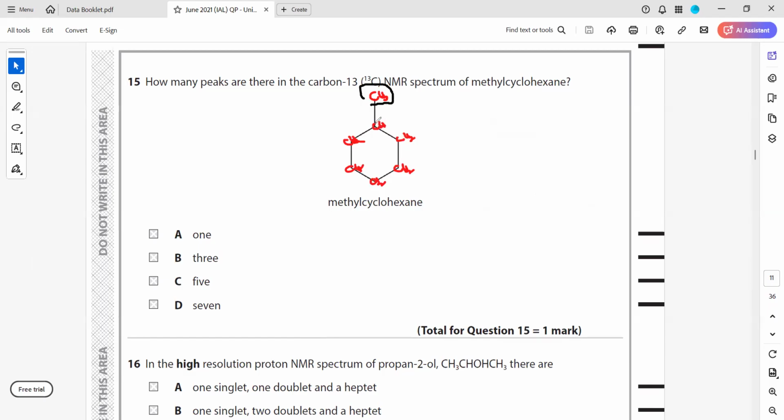When I check this one, its neighbor is CH2, but overall the neighbors are different. In nuclear magnetic resonance, it means this carbon will be different compared to the others. When I check